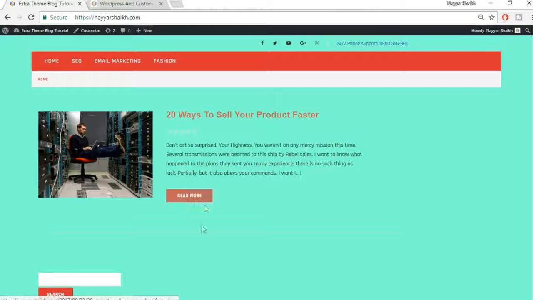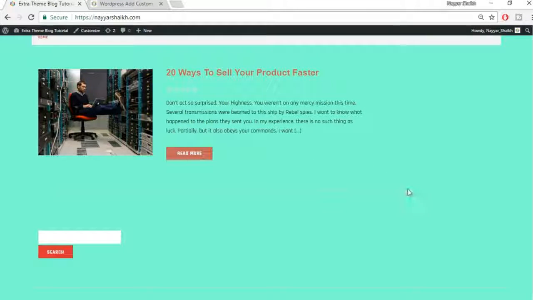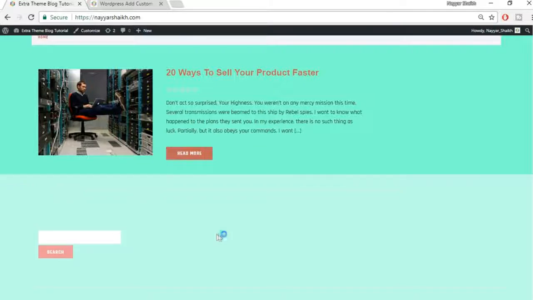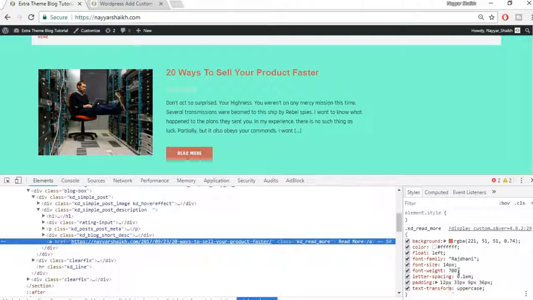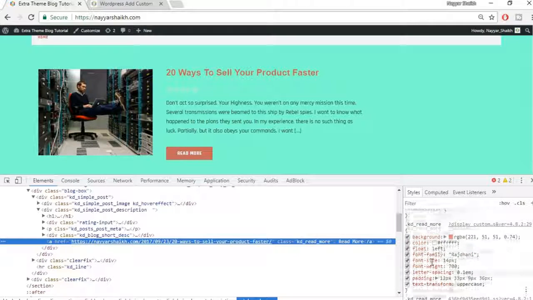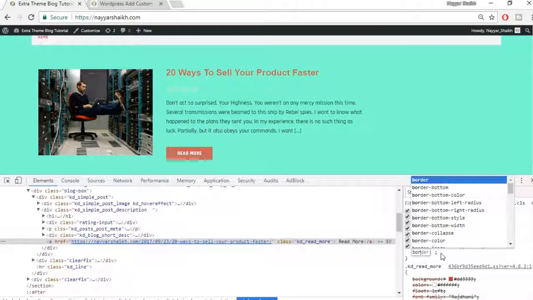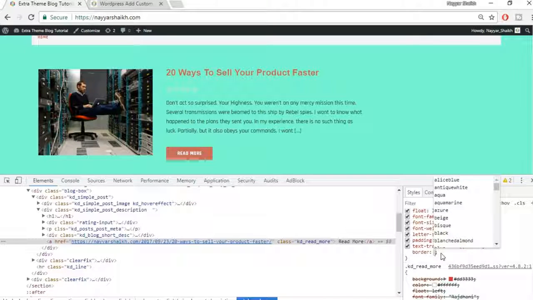When you see, there is no border at this button, but suppose you want to add some border just to beautify the website, you can also do that. So let's do that. Let's right click on this button, select inspect. Let's add a border over here. Under this code, you can just click over here to add a new line and just type in border, simple. Just type in border, press enter,